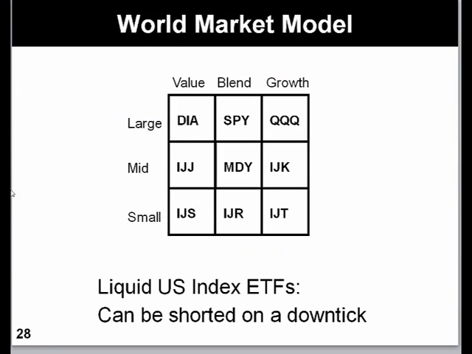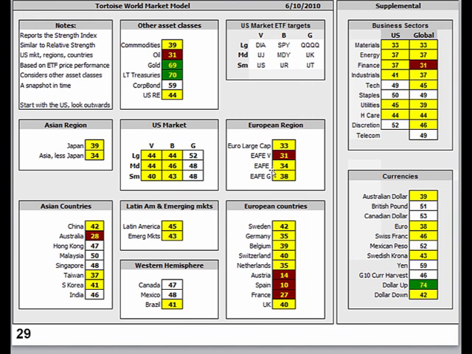We take that Morningstar style box and then we apply it over here into the U.S. market. And so when we look at the world market model, we start with the U.S. and there's our style box: large, medium, small, value, blended, and growth. We look at Asia, we look at Europe, we look at Latin American emerging markets, and then we drill down into individual countries. So Asia, we're looking at these symbols. Latin America emerging markets, we're looking here. The countries of Europe, and then this fourth category up here of other asset classes: commodities, oil, gold, treasuries, corporate bonds, U.S. real estate. Each of these being represented by a very liquid ETF, which now is the placeholder for the performance of that overall sector,